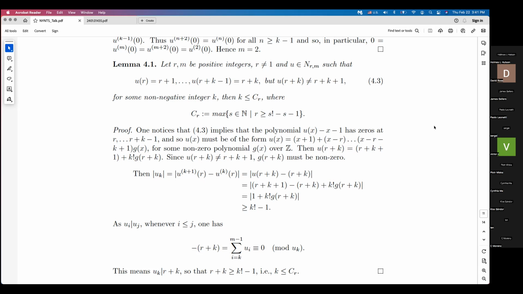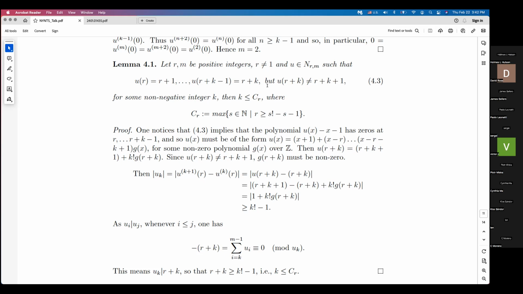So in all of those cases, what I did was I divided it up into cases. I tried to see what is the maximum value of k that is possible. And then case 1 is k equals 0, case 2 is k equals 1, and so on, up to k equals something which is quite small relative to r. And how would one prove that? This s factorial comes quite naturally, actually.